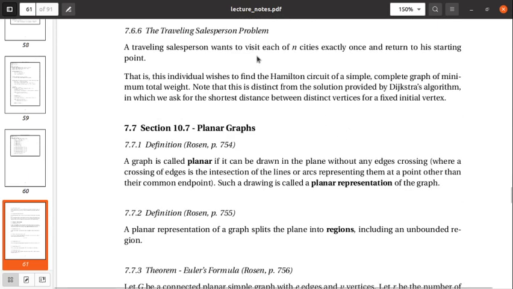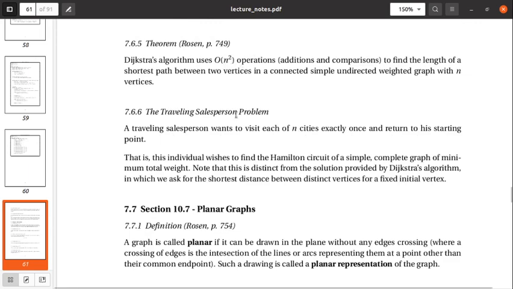Okay, so the traveling salesperson problem. So this is what I meant when I said going from shortest path to shortest circuit or cheapest circuit is essentially a nightmare, right? So here it's n squared, and then here it's like on the order of n factorial, which we've showed is terrible, right? The log of n factorial is n log n, I believe, right? So it's the log of, it is convex up or concave up, which is